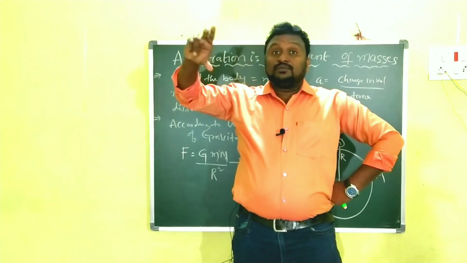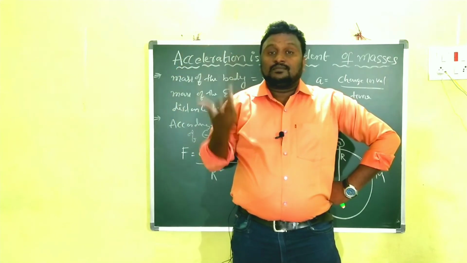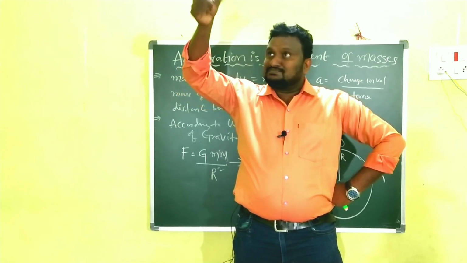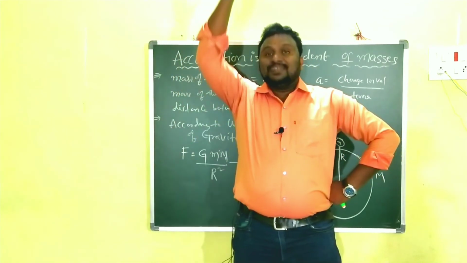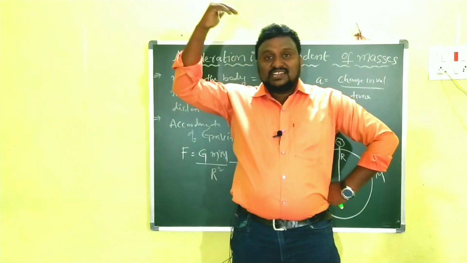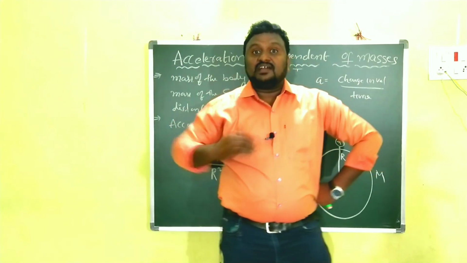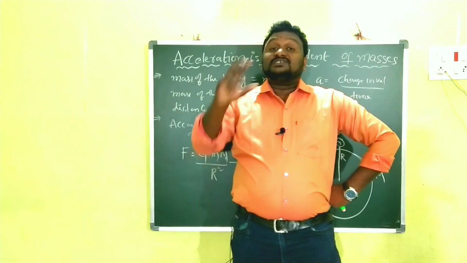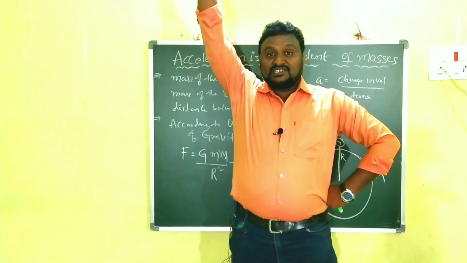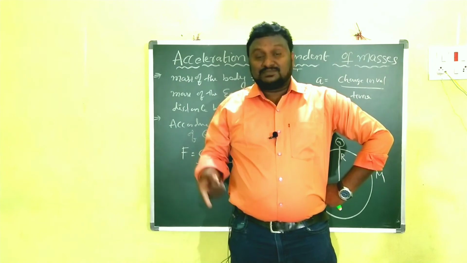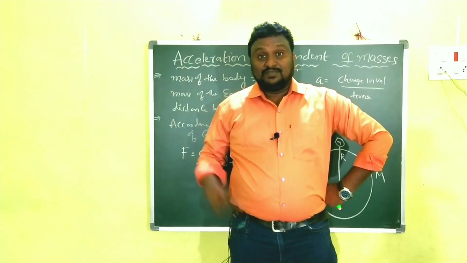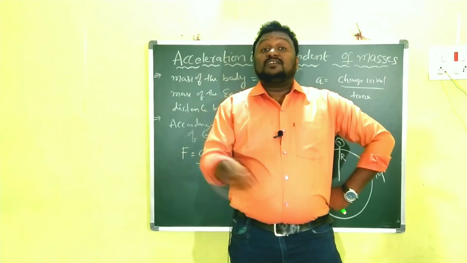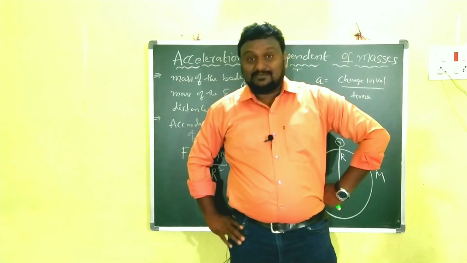That's why he may get injured. While it comes down, that fellow is not applying any force, just simply leaving the fingers. That means while the body is coming downwards, initially its velocity is 0, but on striking the ground some velocity is there. Initially velocity is 0. Now the bottom velocity is maximum. That means there is some change in velocity. That change in velocity is because of gravitational force. That's why the acceleration is called acceleration due to gravity.